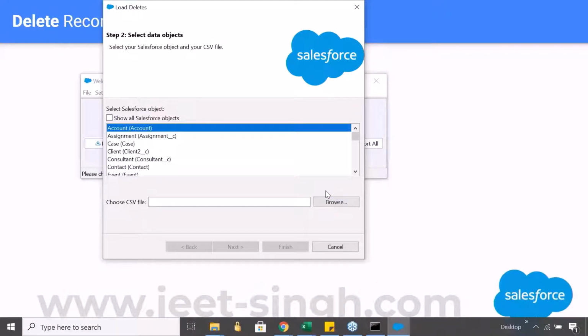Okay. Now it's not necessary for you to create a file which only has the ID field. You can have other fields also. When you're working with data loader and you have a CSV file, it's not necessary to only have the fields that you want to process in the CSV. You can have some extra fields and those fields can be ignored. During the mapping you can ignore some of those fields.